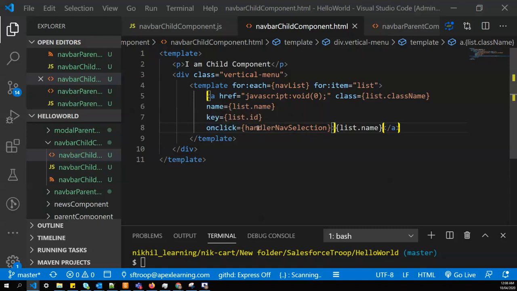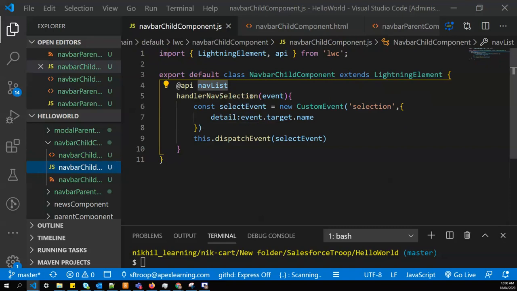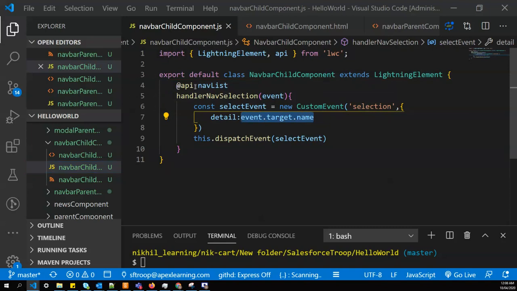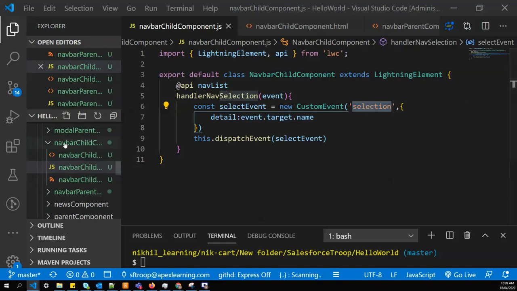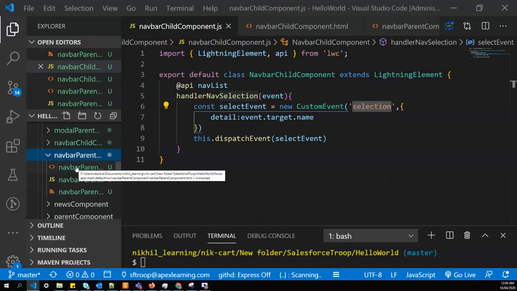So for each click on the a tag, this method gets triggered and I'll get the event.target.name. So I'll dispatch that name to the parent, and the parent will listen to the selection event, and based on that it will do some manipulation. Okay, so our child component is ready. Let's go to the parent component back,